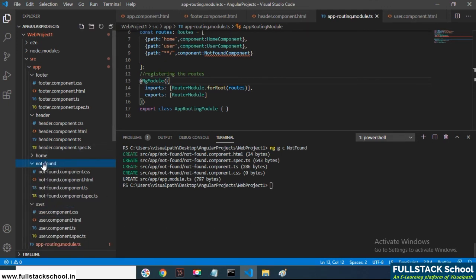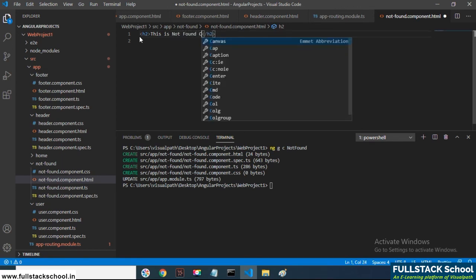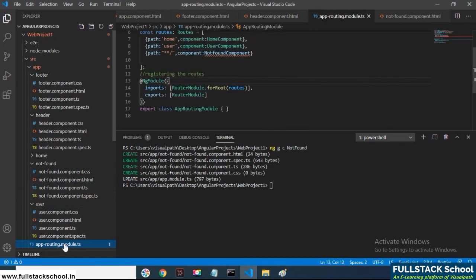Once the not found component is created, add an h2: this is not found component. This is what we are creating as the not found component, which will be executed when you specify an unknown URL.